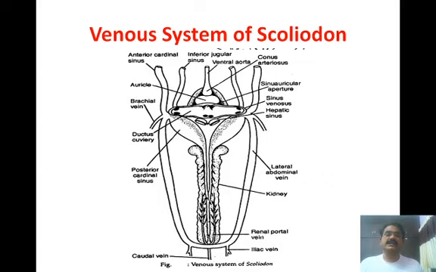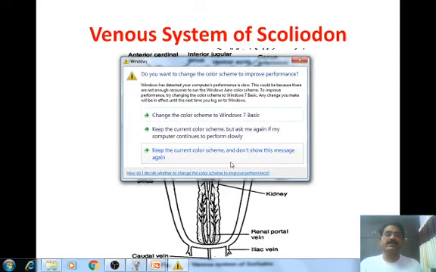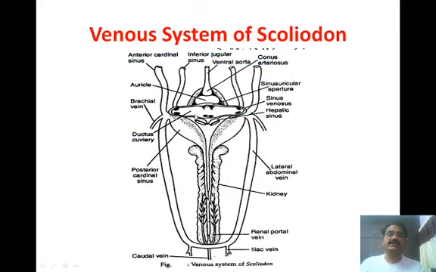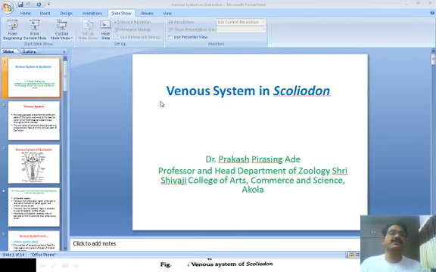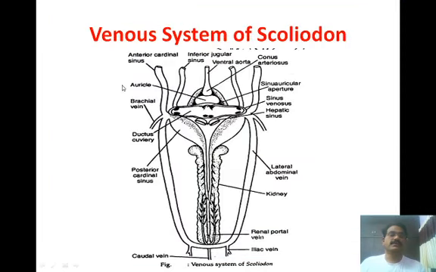Here the veins collect the blood from the different parts of the body, that is, the anterior most part of the body, the posterior most part of the body, and the lateral side of the body. From these regions there is a collection of the blood in the case of the Scoliodons. Now the different veins which collect the blood from the different parts of the body